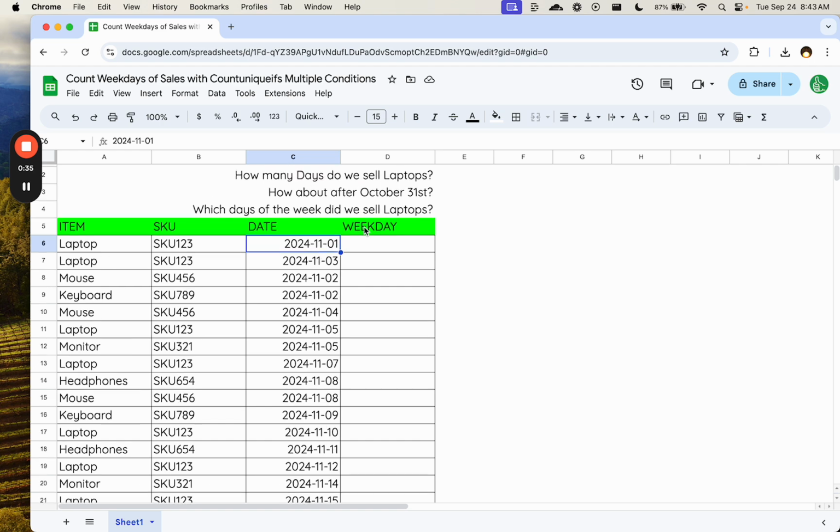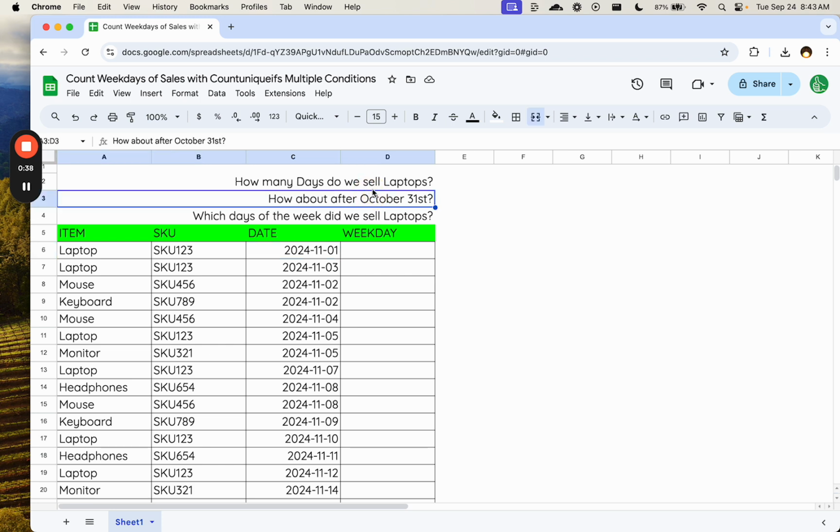and then figure out analysis from there. For instance, we have some questions like how many days during the week do we sell laptops? Are we selling laptops every single day? Are we selling mouses every day, keyboards every day, or is there a certain day of the week that we do sell them? Maybe we want to maximize that and do our promo then, or we want to start a new day if we're not selling any keyboards or laptops on a Tuesday. We want to create a promo that says, hey, on Tuesday come in, buy one, get one free